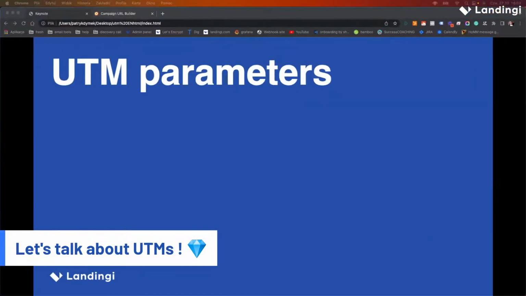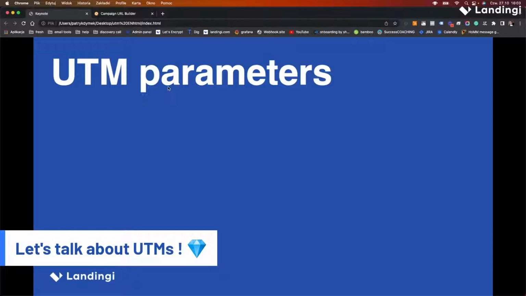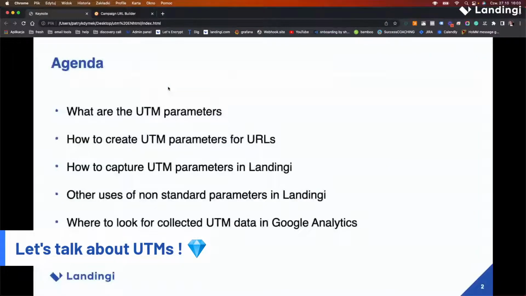Sure. So let's start by taking a closer look at today's agenda. We'll start from the definition of UTMs, and then we are going to explain how to create UTM parameters for your page's URL. Then we'll dive deeper into our platform to show you how to capture UTM parameters in Landingi, and we will show you other uses of non-standard parameters in our platform.